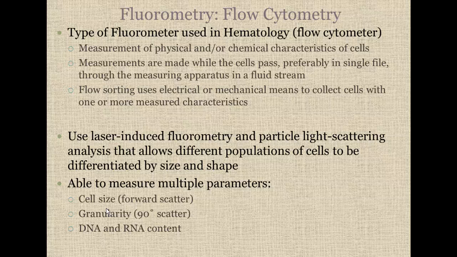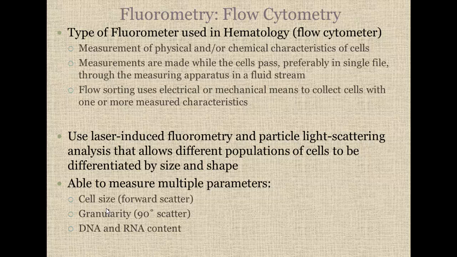A type of fluorometer used in hematology is the flow cytometer. It's the measurement of the physical or chemical characteristics of cells. So measurements are made while cells pass through in a single file line using a fluid stream. So they go through a single file. And the flow sorting uses electrical and mechanical means to collect cells with one or more measured characteristics. The laser-induced fluorometry that it uses and the particle light scattering analysis allow different populations of cells to be differentiated